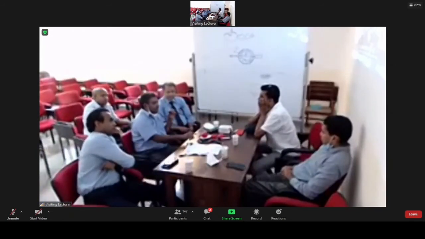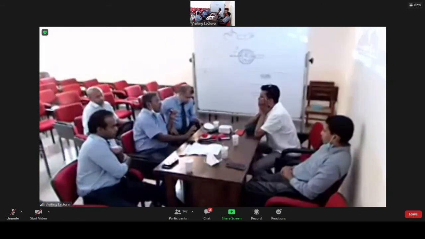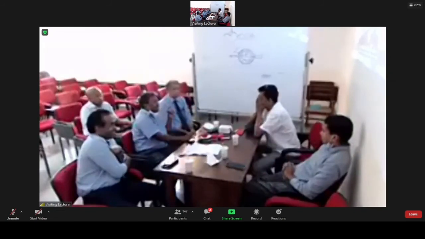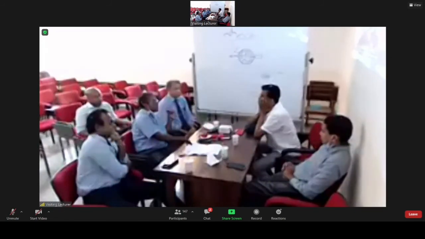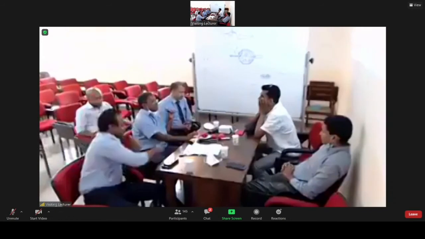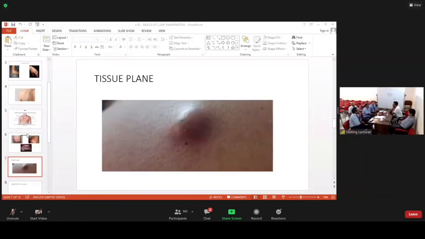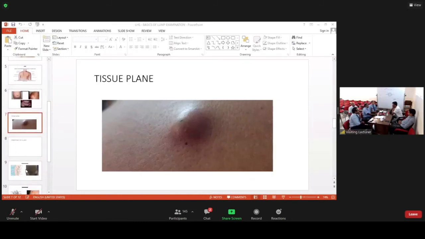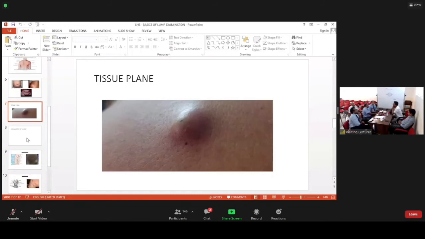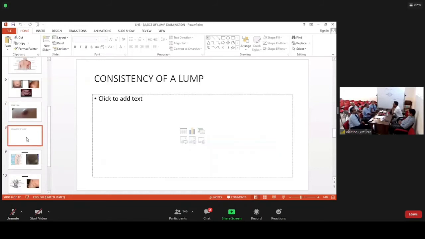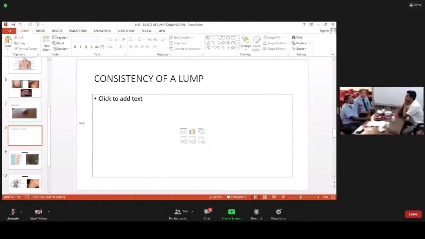The principle is the same. The way you do it, one thing is you have to fix the lump. Always, when you are examining a lump, you have to fix the lump. Otherwise, you can't eliminate cross fluctuation, because the lump itself will fluctuate. Then for transillumination, you have to compare the normal tissue transillumination with the transillumination of the lump. For that, you have to darken the area, or you have to use the illuminoscope.